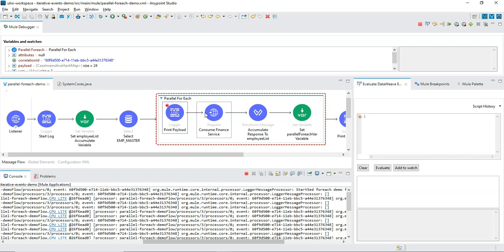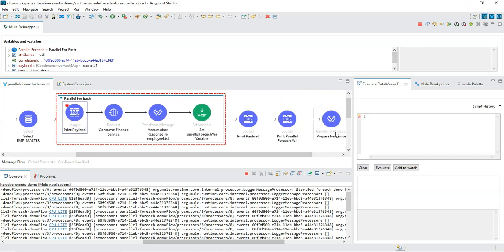It continued the execution for all records even though records were failing. We can see that 20 records have processed successfully and 4 records have failed, but it is giving us a composite error like scatter gather. Then the execution will not continue further.